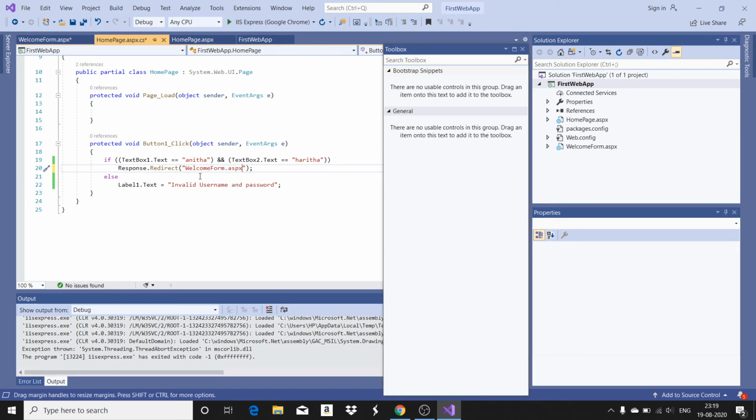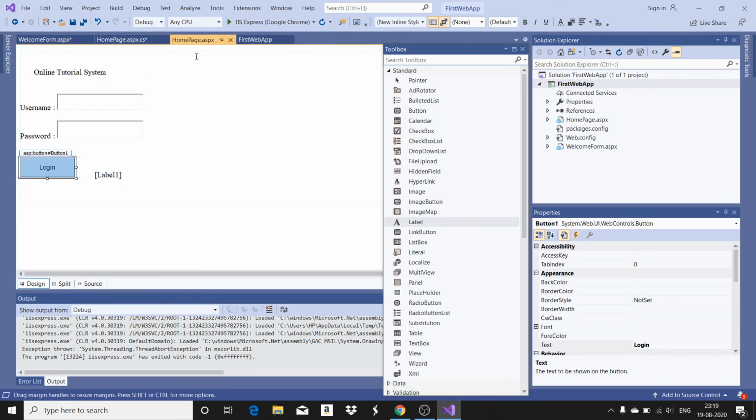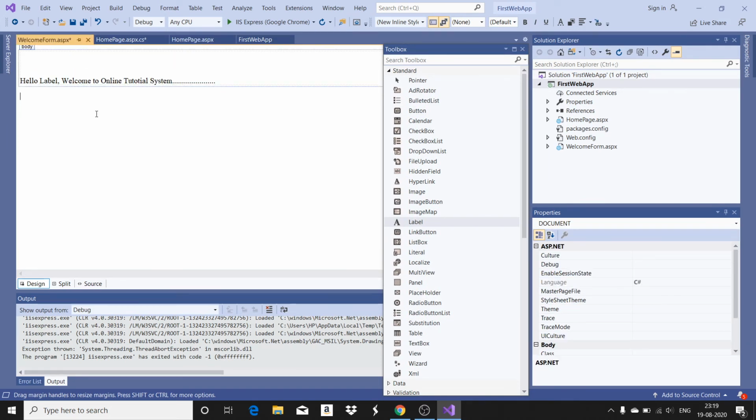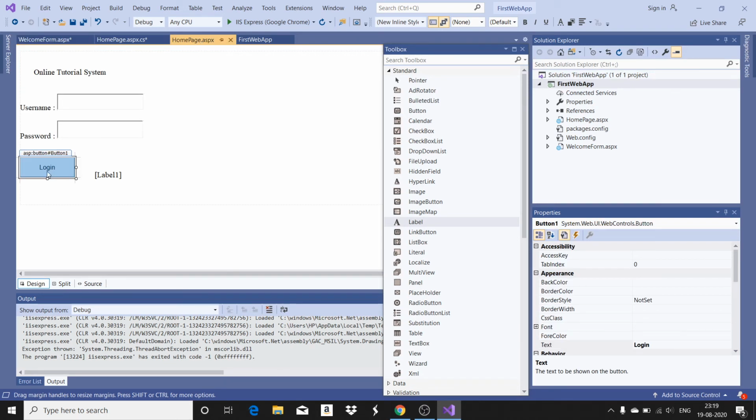But when you are redirecting to another web form, you need to take the values that are entered in the home form to the welcome form. Yes or no? I repeat, when you redirect from home page to welcome form, you need to take the username value to this particular form.